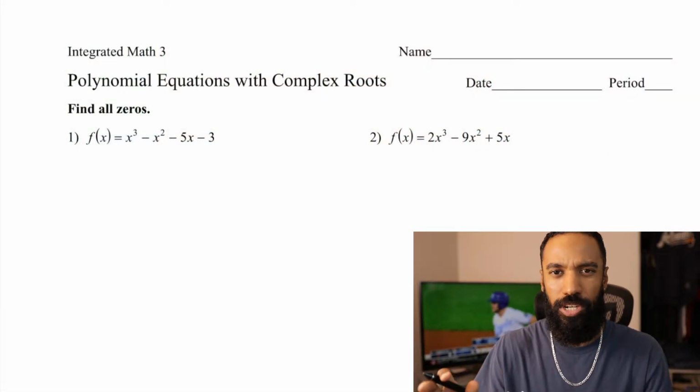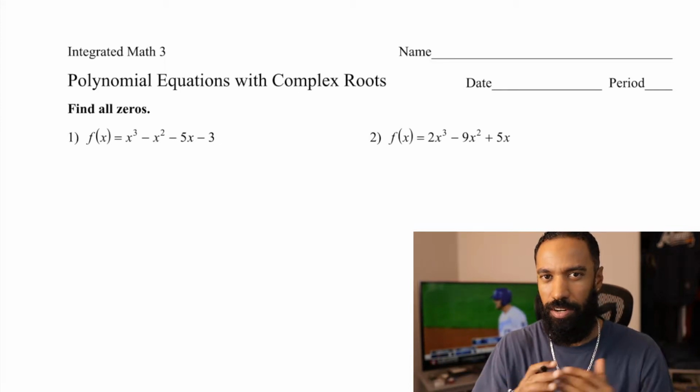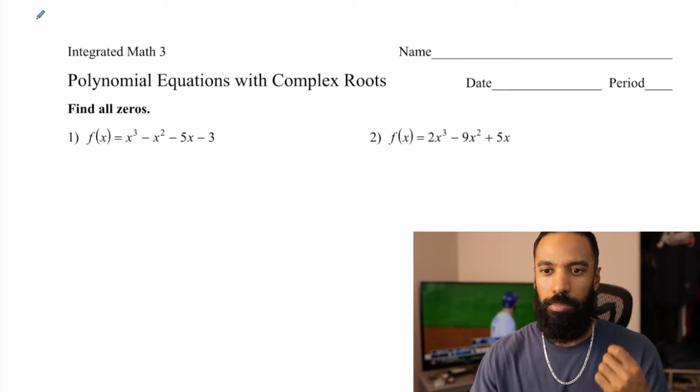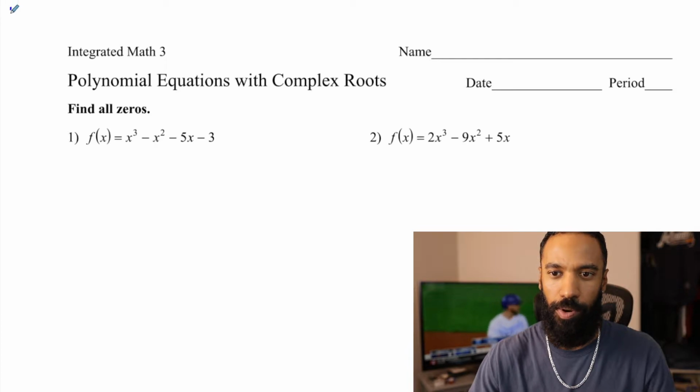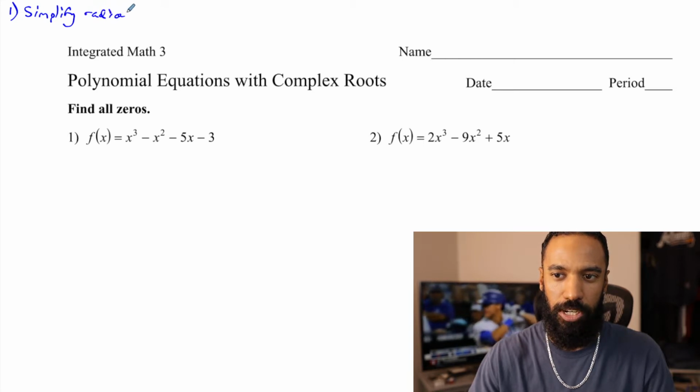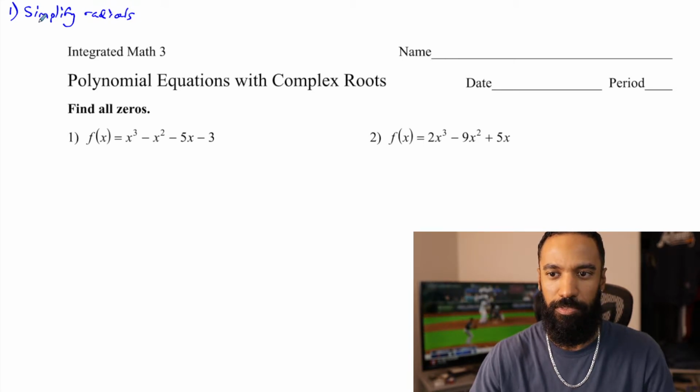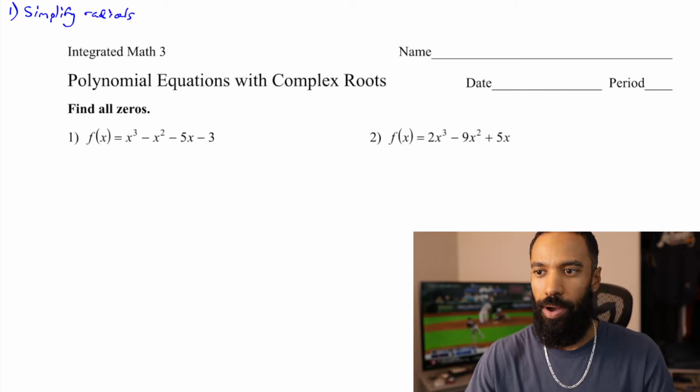And I keep mentioning I want to put up some videos that support these things that I've done in the past here. But you want to be able to know how to simplify radicals for one thing. Now, I'll be doing them here, but I won't be teaching them as much here. These are assuming you know how to do these, simplify radicals. You also want to know how to solve by,